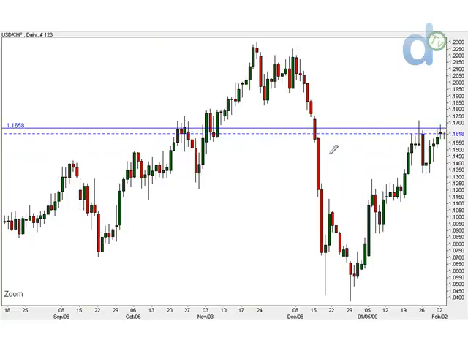Now, if we just plot a trend line, we can also see roughly like that. We can see we're now on this trend line. We've formed this type of bullish triangle. I want to see what's going to happen, because if stocks are going to continue to consolidate, then obviously this currency pair should consolidate as well. If the stock markets start to rally, then we could see this head slightly higher. If not, then we could break it to the downside.